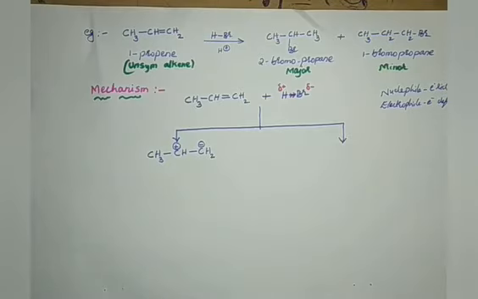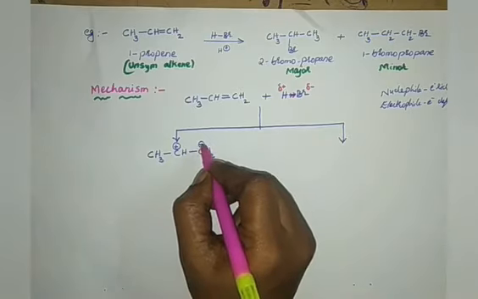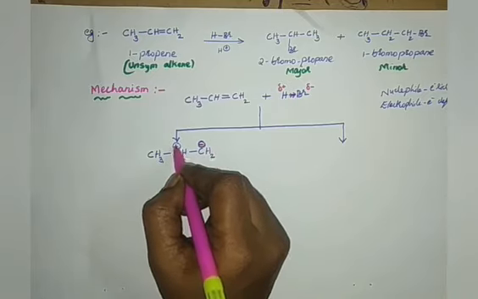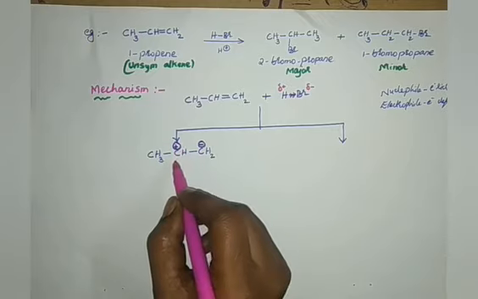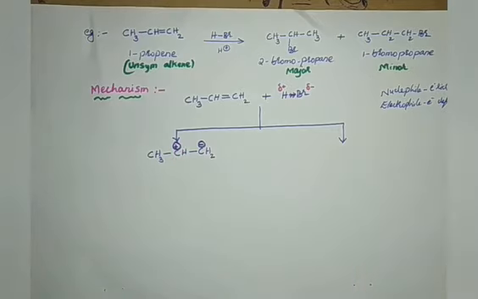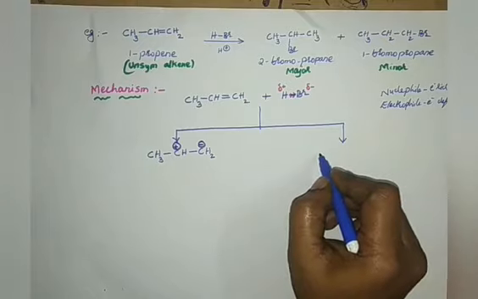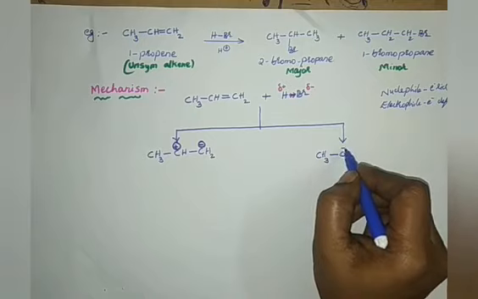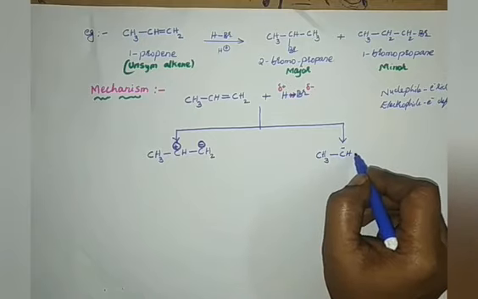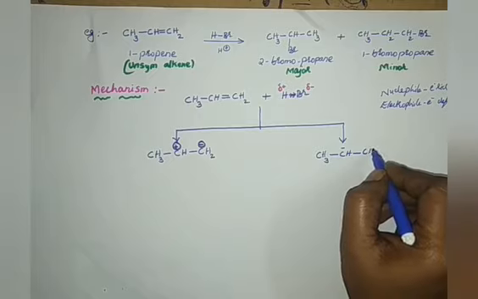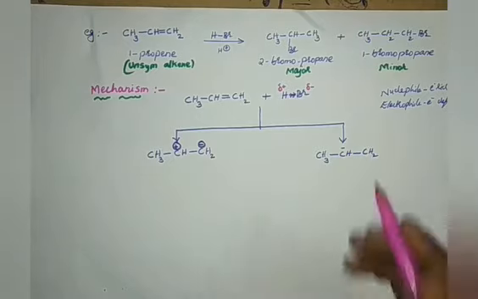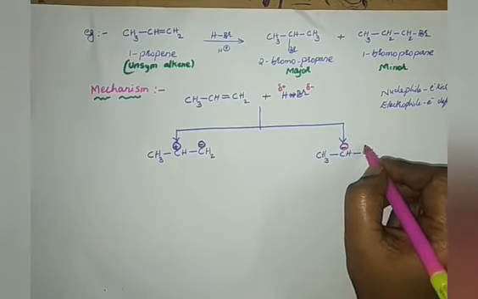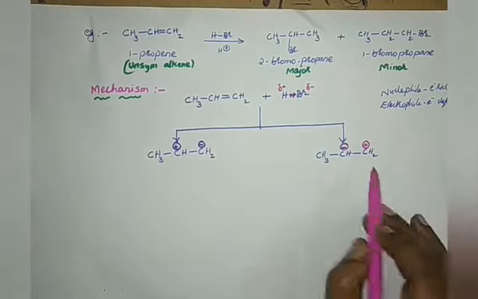Please make a note. Due to taking 2 electrons of the pi bond, this carbon bears a negative charge, whereas this carbon has lost its electron. Therefore, it forms a positive charge. Similarly, there is another way that this carbon can gain the negative charge and this carbon can gain the positive charge. So this carbon, if it pulls electrons towards it, can gain the negative charge, and if this is losing, therefore it can form the positive.